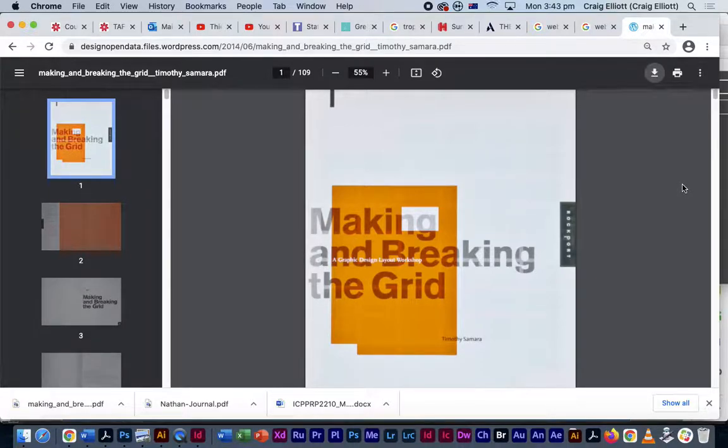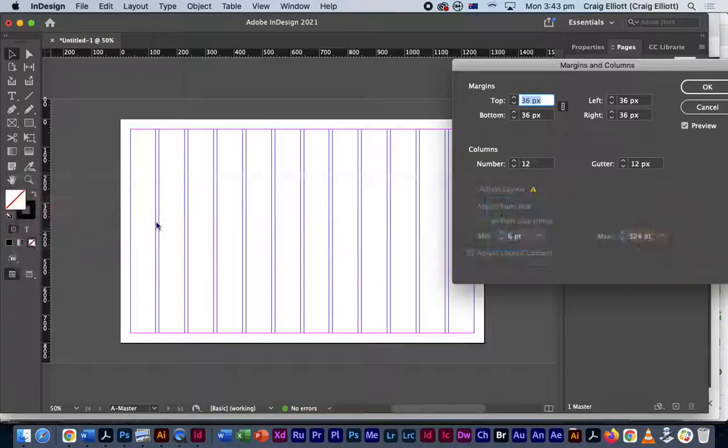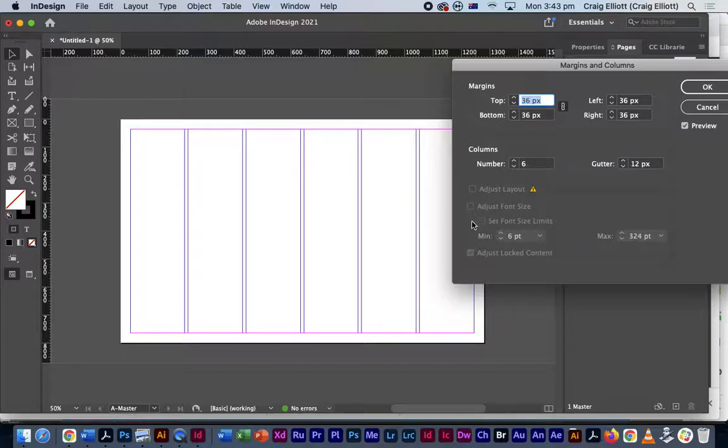At this point at Certificate 4 level, it's just your organisation that you're wanting to start paying attention to. And when we talk about organisation, we're talking about how we align content, how we align images and text together. So I think 12 is probably a little bit confusing at the moment, so how about we just go back to 6? Different teachers will have their different setups, of course, but I like 6 because